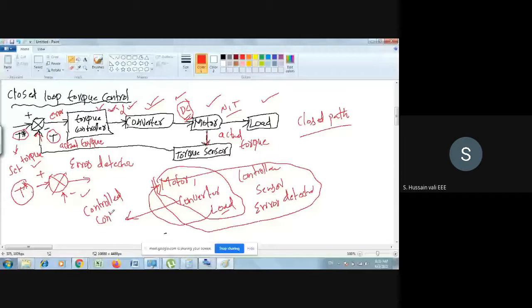A controlled converter is a converter which has control switches, thyristors, IGBTs, BJTs, these kinds of switches. Now, the controller. What is the function of the controller? Whether it is a speed controller, current controller, torque controller or voltage controller, commonly it is a controller. Its purpose is that it generates a control signal. Its output goes to the converter. It will decide the value of the firing angle, that is, the control signal.